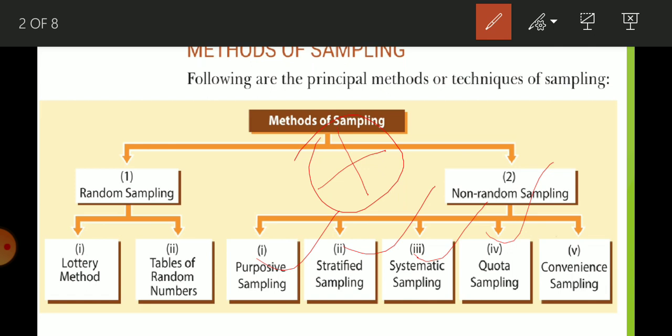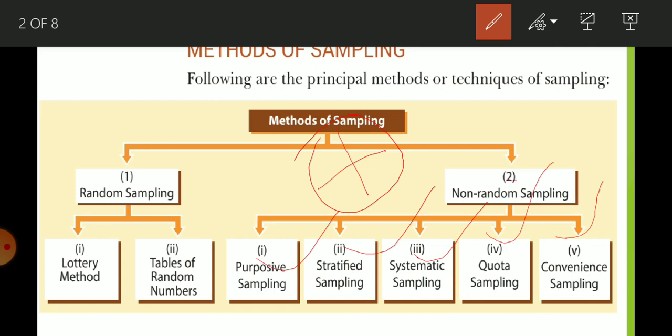Convenience sampling is a totally non-scientific sampling method. It is just for the investigator's convenience; he or she can select items according to his or her preference. We are going to learn every method in detail.